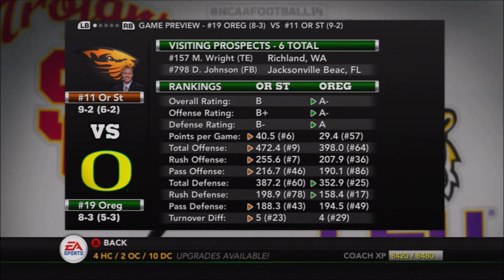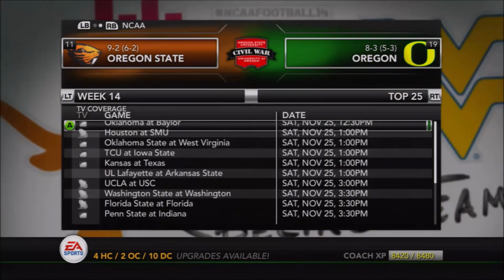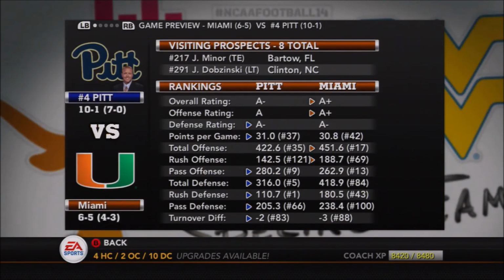Another huge one, of course, a big rivalry game up in Oregon. Oregon State versus Oregon. The Ducks probably have the talent, but they've underachieved this season. Oregon State has definitely overachieved this year. So in that Civil War matchup, we'll see if Artavis Pierce can solidify his claim for a Heisman and get